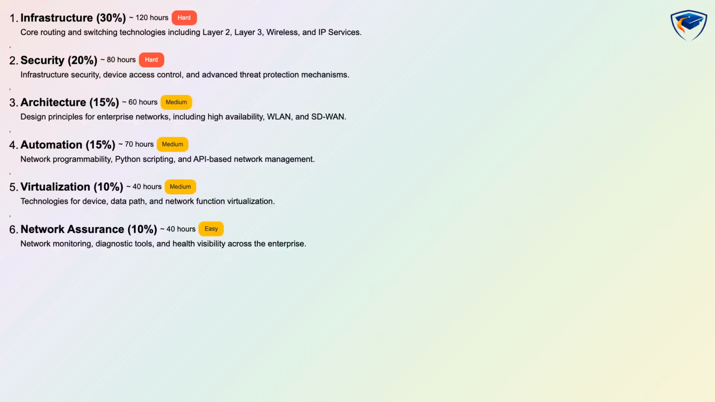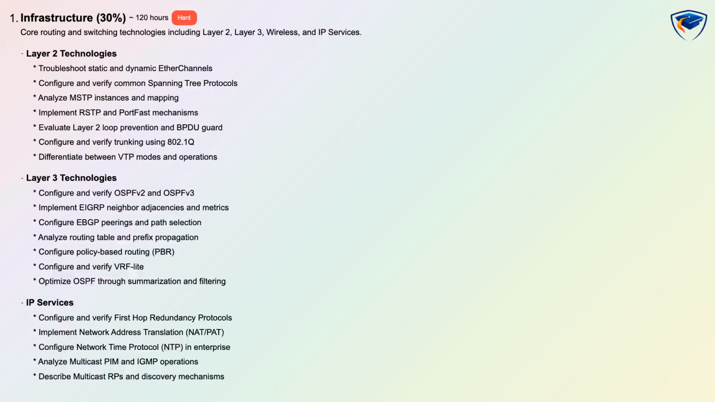in scenario-based areas. Infrastructure is 30% of the exam, difficulty hard, estimated learning time 120 hours, and assessment is hands-on plus conceptual. You will master core routing and switching technologies including Layer 2 and Layer 3 functions, wireless basics, and IP services. Expect to learn practical tasks like troubleshooting static and dynamic EtherChannels, configuring and verifying spanning tree variants and 802.1Q trunking, implementing OSPFv2 and OSPFv3, forming EIGRP adjacencies and eBGP pairings, and configuring VRF-Lite and